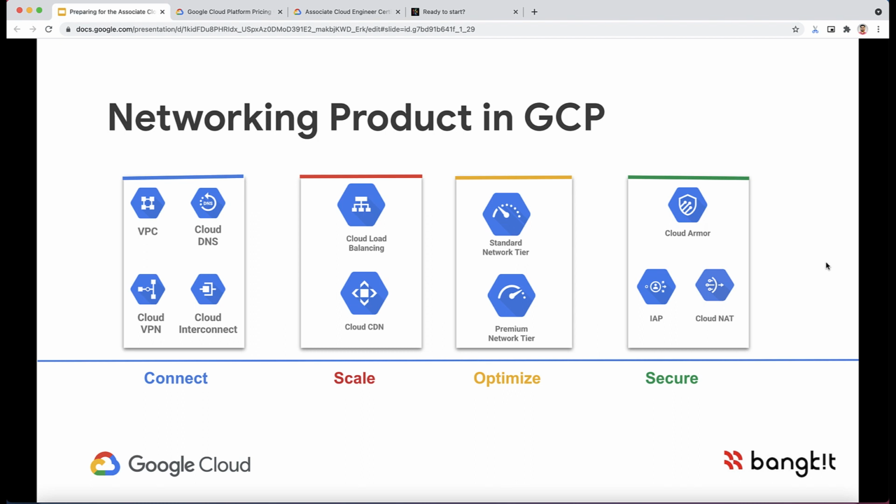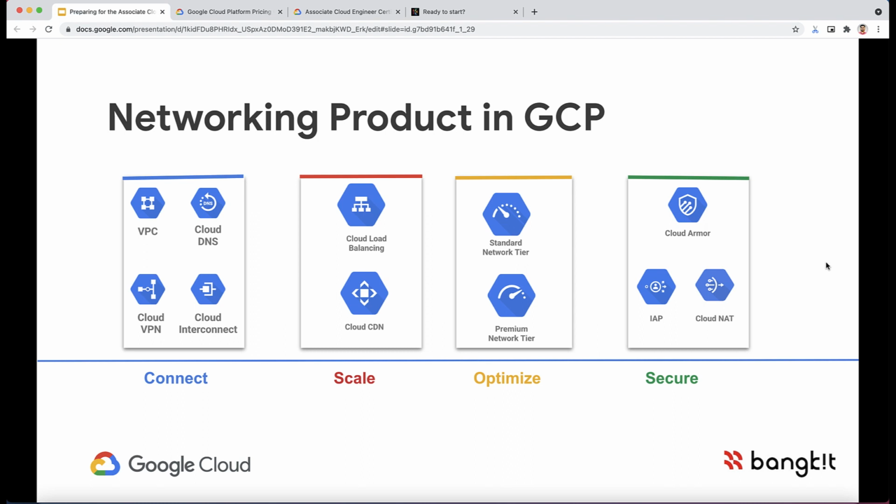All these services are provided to help you connect with your on-prem infrastructure, or if you are looking to connect two of the services within GCP. And if you are looking for scaling networking options, you might be interested in Cloud CDN or Cloud Load Balancing. Load balancing helps you to divert traffic across your different